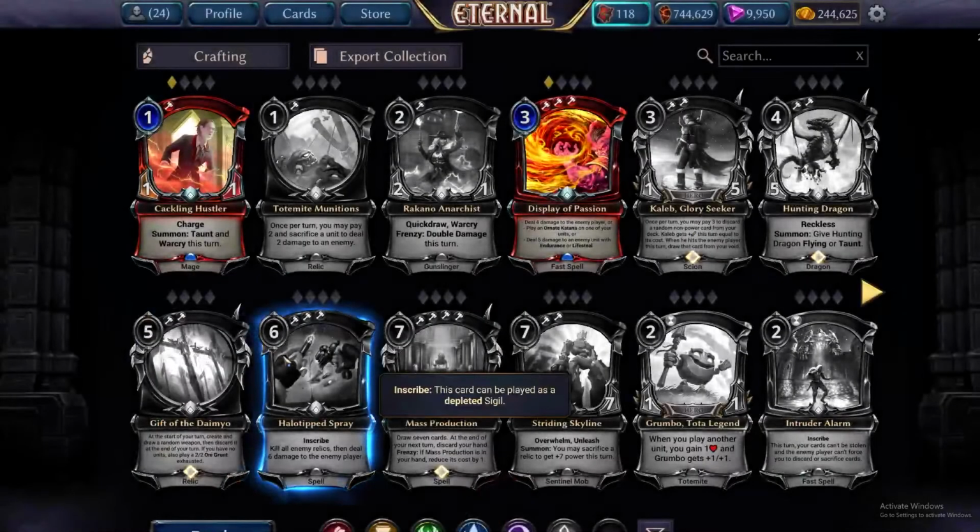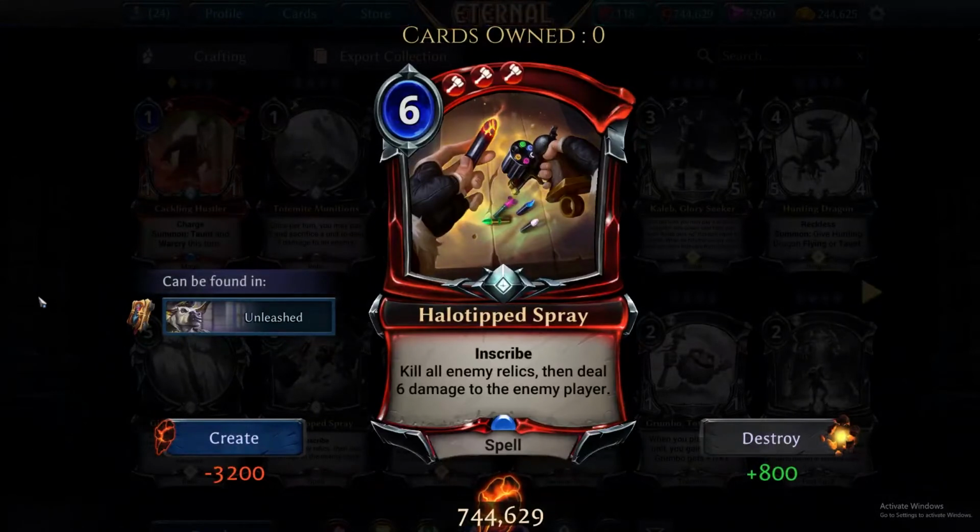All right, let's see. Next up is Halo Tipped Spray. This is a spell for 6 triple fire. Inscribe, kill all enemy relics, then deal 6 damage to the enemy player. Well, this card did work in my Stone Scar Burn deck, but I don't necessarily know how good it is because it is just straight to the face. I mean, it gives you some reach, but there was...